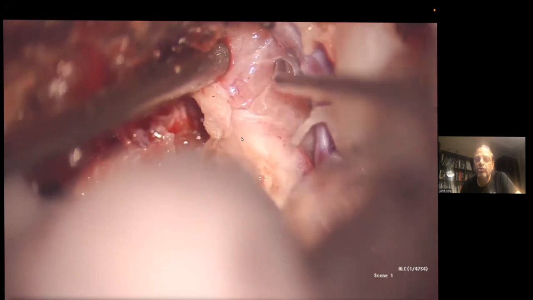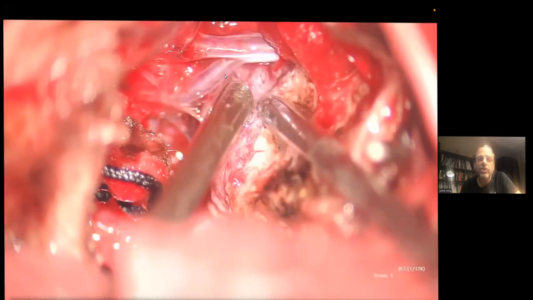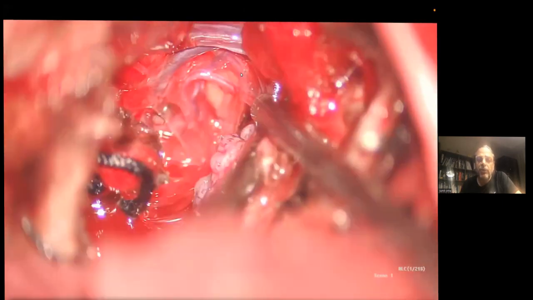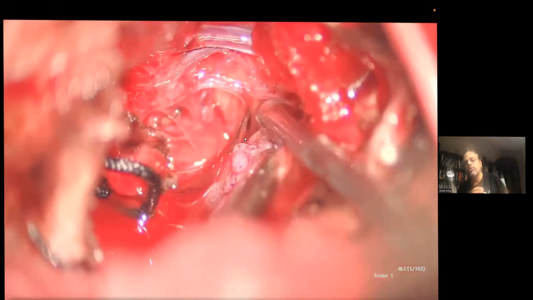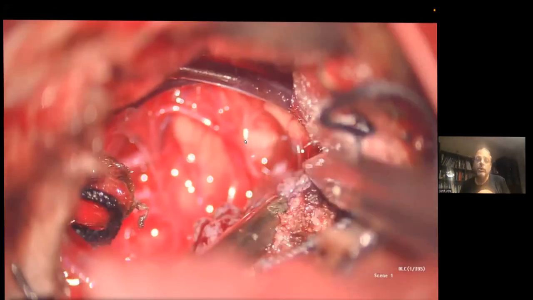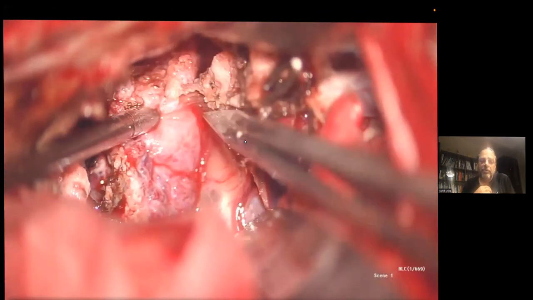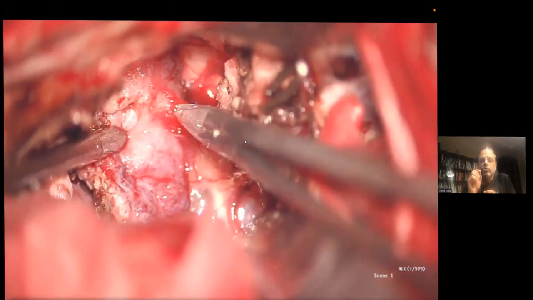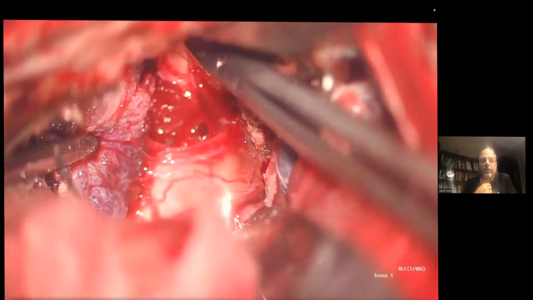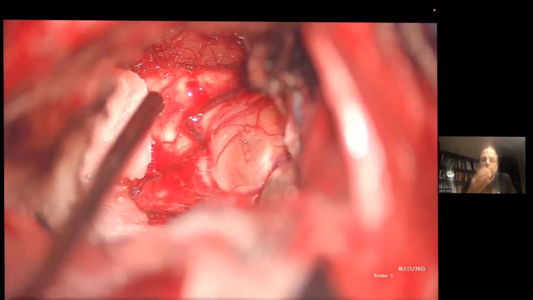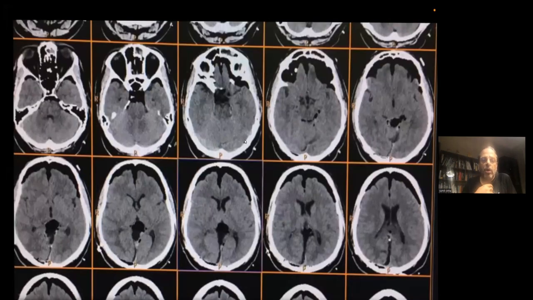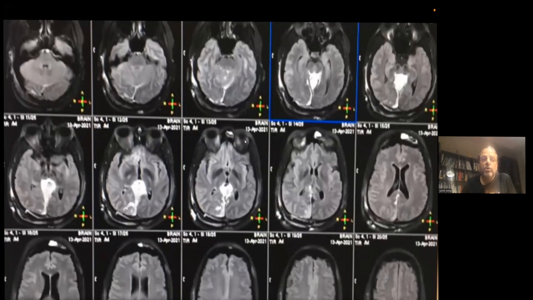This is the tumor tissue. These are the great veins over there where you can see. This is the internal cerebral vein, and the tumor tissue is being slowly separated. The posterior choroidal arteries, sharp dissection, and sharp dissection is the key to a wonderful, excellent operative procedure in this area, taking care not to damage this, the third ventricular posterior wall. And this is the immediate post-op CT scan